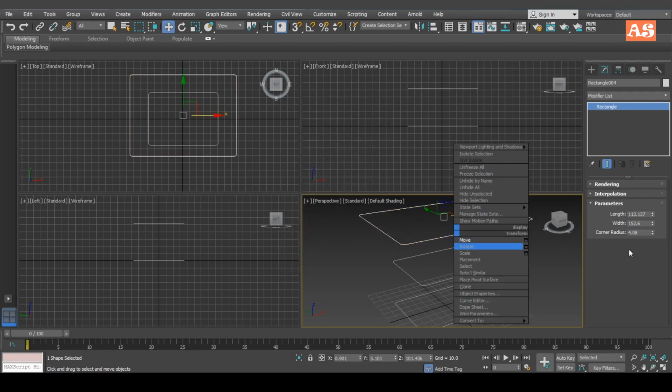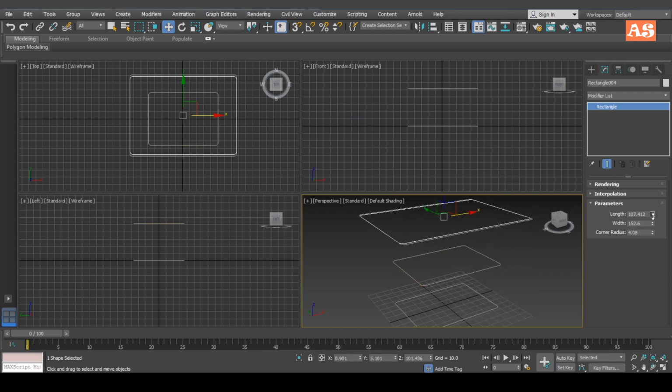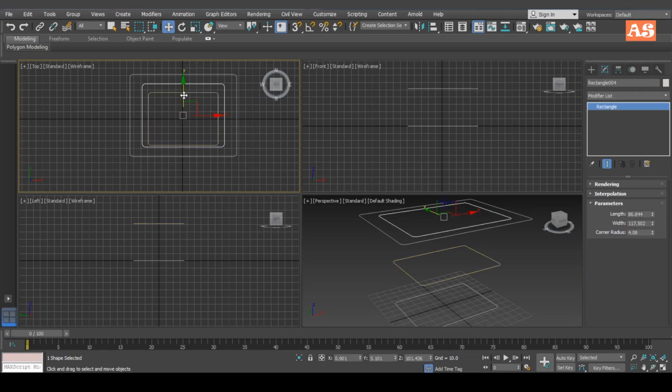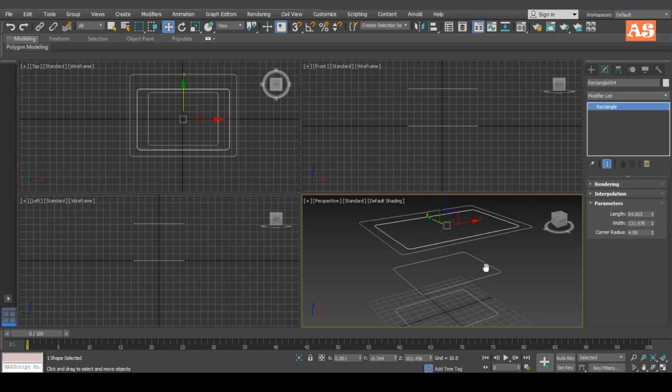Okay, and adjust the length and width parameters of this rectangle so that it will look like this. Okay, like this one, maybe like this. This one is looking good. Slightly this.